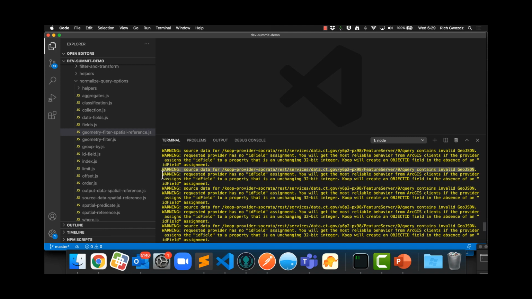The other warning is about an ID field assignment. An ID field assignment is essentially a property in the GeoJSON's metadata object, and it tells Koop which property of the GeoJSON to treat as an object ID. Most ArcGIS clients need an object ID, and so using an ID field property in the GeoJSON's metadata object, you can map which of the GeoJSON properties is going to act as an object ID. And if you don't assign an ID field,